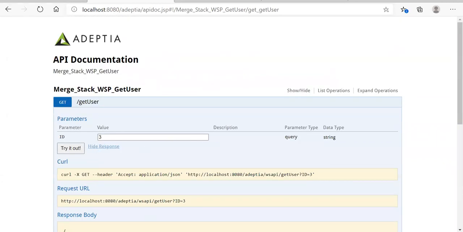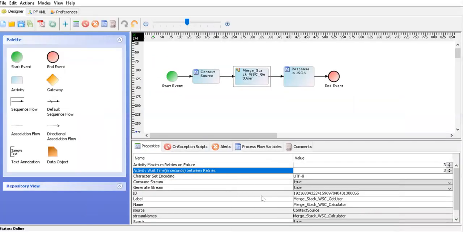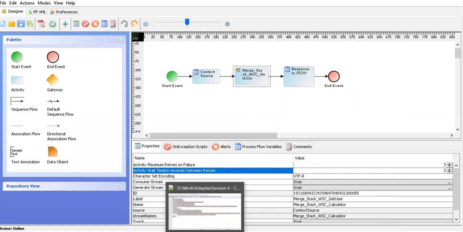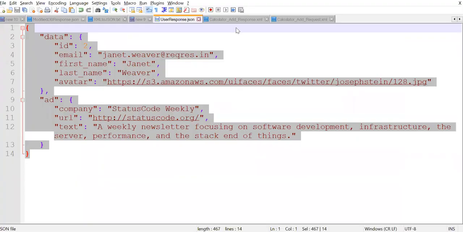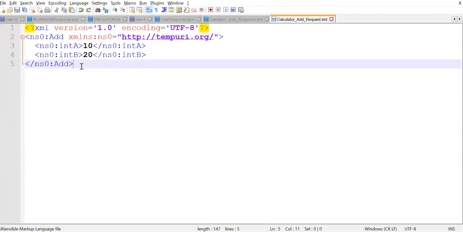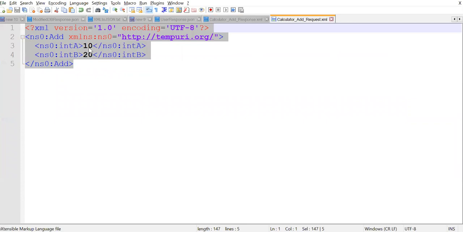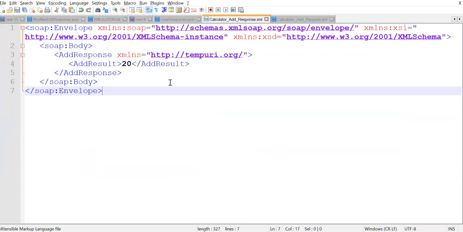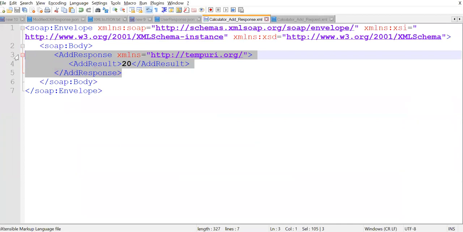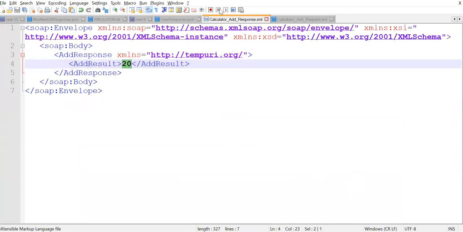So this is how we consume REST APIs. Whether it's an internal REST API or an external REST API, the method is the same. Okay, so let's go to the second use case, where we are consuming a SOAP based web service. Here we are passing the request and response. Let me show you how the request and response look. We are going to use the add method. The add method request is something like this: int a, int b, and then the response will be something like this: add response, where the result will be there. I have created a schema for both the request and response.